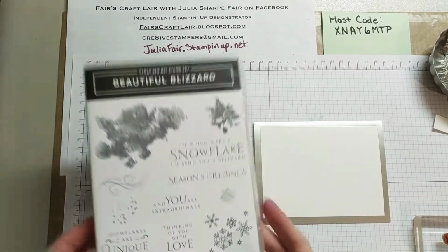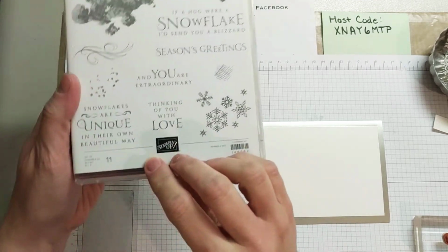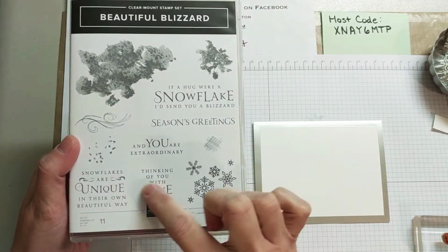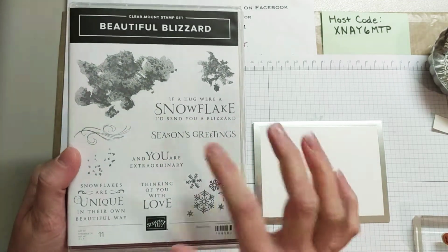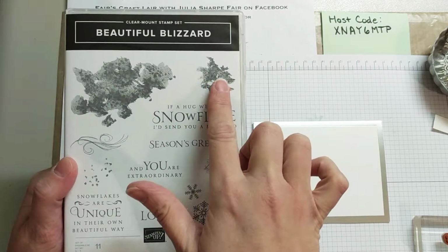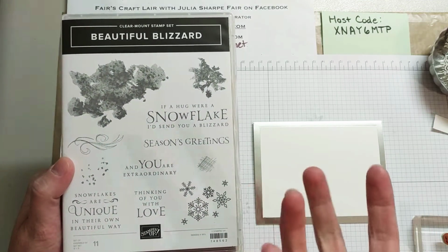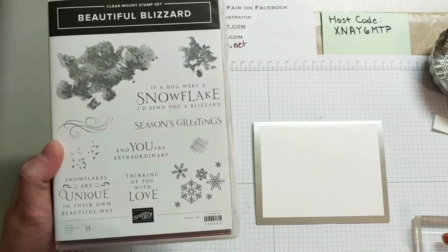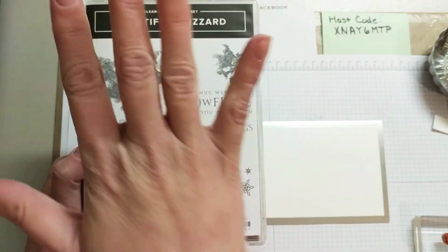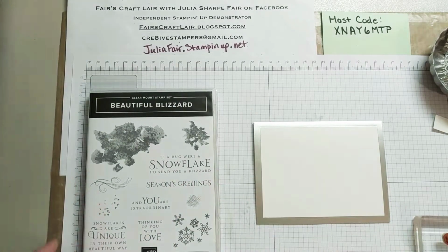This week I am working with Beautiful Blizzard, the bundle. This lovely stamp set has so many different things which are great. I love all the sentiments, they're really fun to use. These are two really great background type images. There's a smaller one and then a larger one to create that ambiance of a blizzard, which is really cool. And then of course you've got the wind blowing, some other little textures, and then of course snowflakes. So you could use this on its own, which is wonderful and beautiful. But then you can also add in